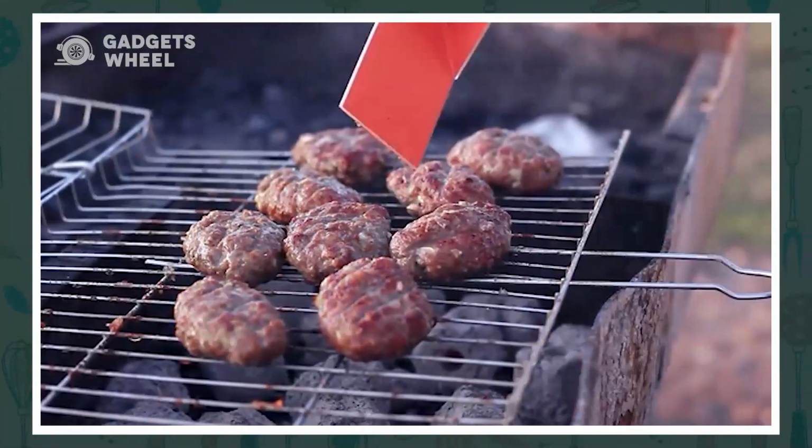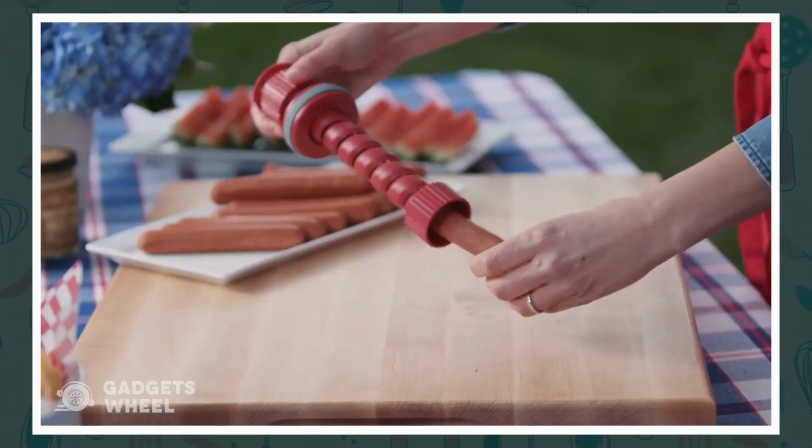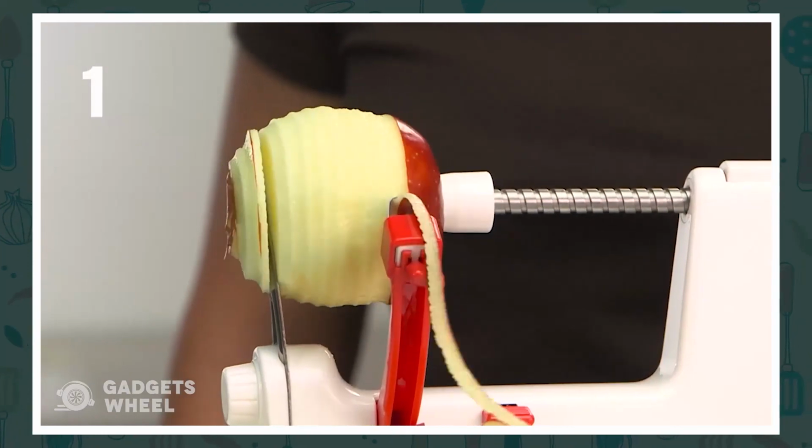Today, we came up with the latest and greatest in kitchen gadgets. From smart appliances to versatile tools, coolest new products that are sure to make cooking and food prep easier and